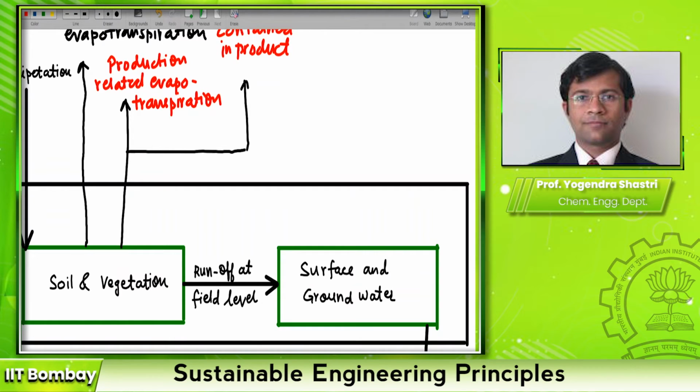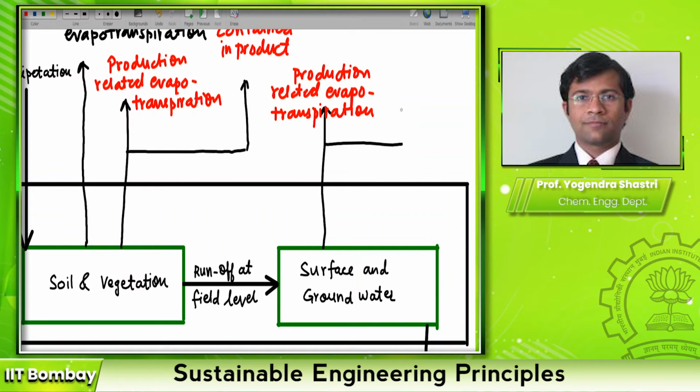So we can again, even for the surface or groundwater, and you can do irrigation from surface water as well, like canals and rivers. So from this common pool, I will again take out some water. Some water will be used for production related evapotranspiration. And just like the green water, if water is being used for irrigation, it will be used for evapotranspiration, but some water will also become part of the product. So again, some water will be considered as water contained in the product.